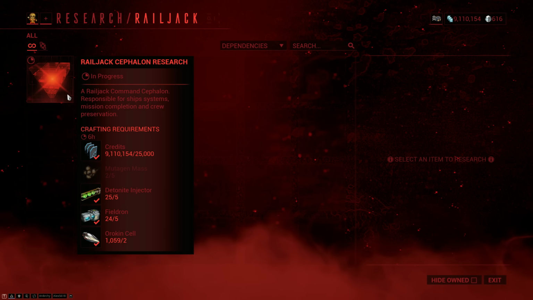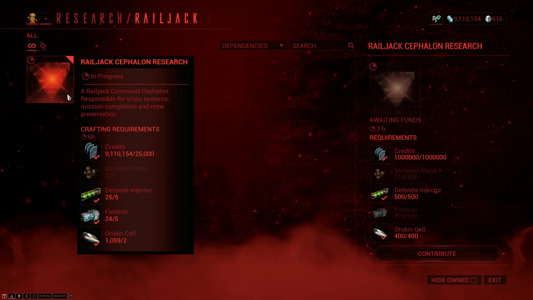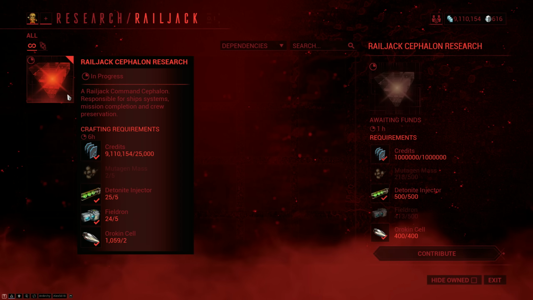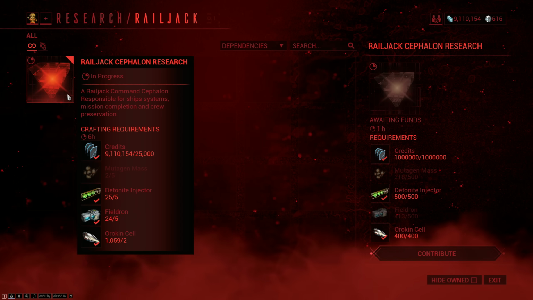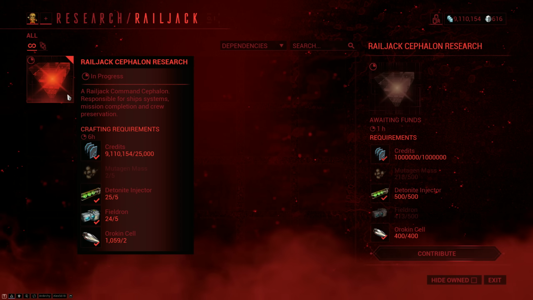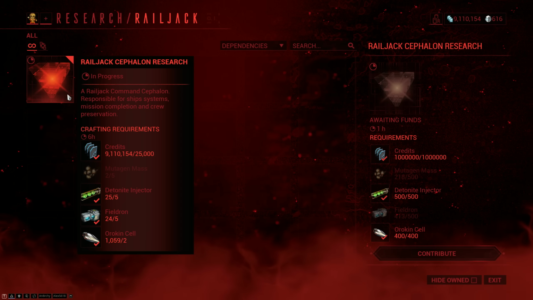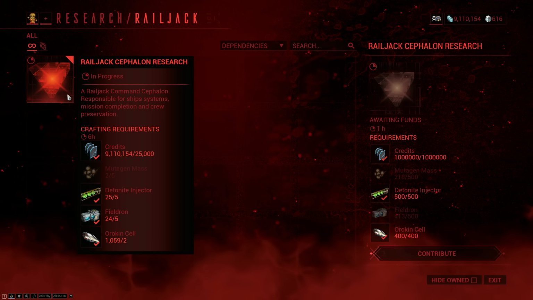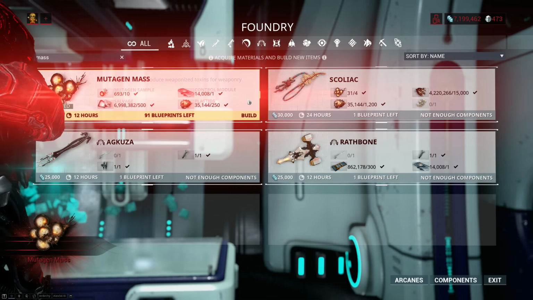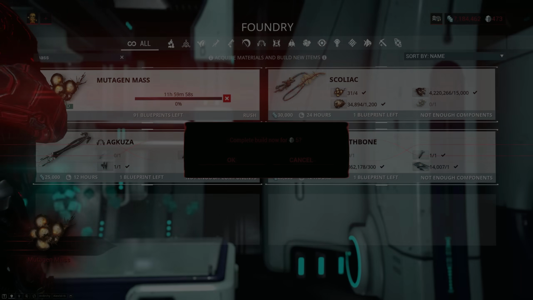However, the research, depending on the size and activity of your clan, could be pretty expensive, because for a moon clan, which is what my clan is, it's 1 million credits, 500 mutagen mass, 500 detonite injectors, 500 field drone, and 400 Orokin cells. Though this is, once again, for a moon-sized clan, so all the resource requirements are multiplied by 100. So yeah, if you want to get this done fast, especially if you're in a fairly inactive clan,